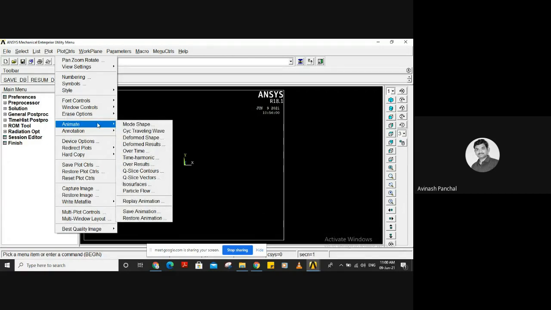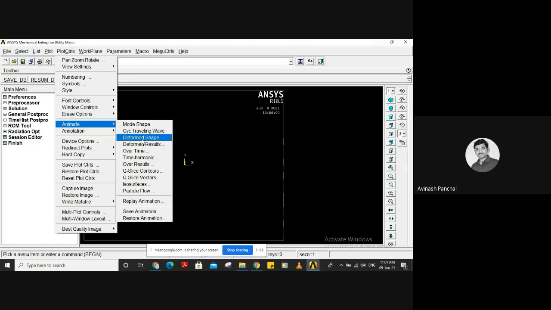Whatever deformations are happening in ANSYS, we can animate over here with the help of this animate option. Then go to deformed shapes or deformed results. We can use this deformed shape to see the displacement of a body, how it is taking place.